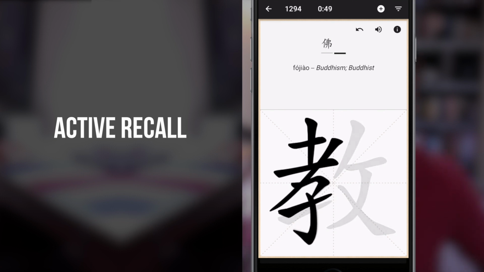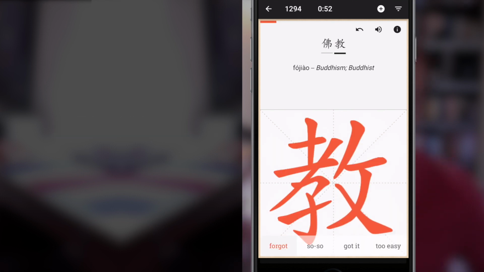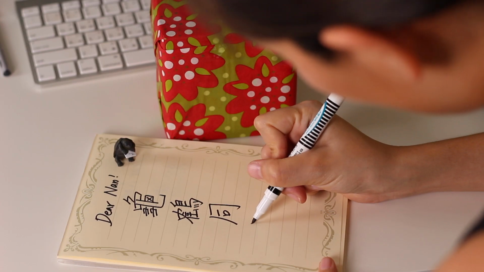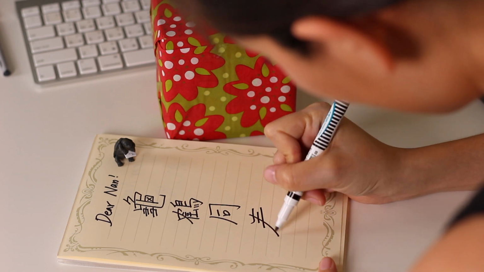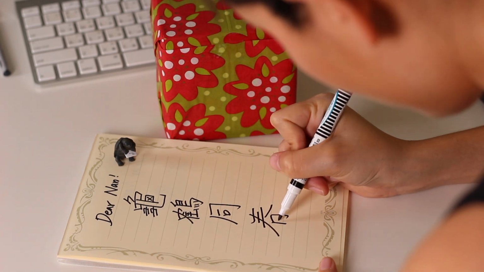And what this does is help your muscle memory. It helps train your memory in general so that these things can not just be short term, where I remember them for today's quiz, but more long term, where a month from now, a year from now, you're reading a book, you need to write a card to a friend, you need to send a message, and you can do this because you've spent the time actually training yourself